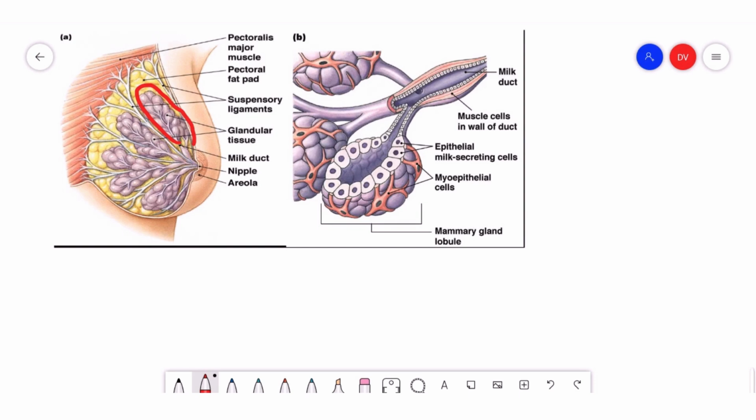So that is where the milk is stored. You can see the epithelial cells lining and all, myoepithelial cells they are saying. Alright guys, so this is the lobule. And you can see a small duct here. Can you see? This is what is known as a mammary tubule. That tubule connects to a long pipe called the mammary duct, which is also known as the milk duct.